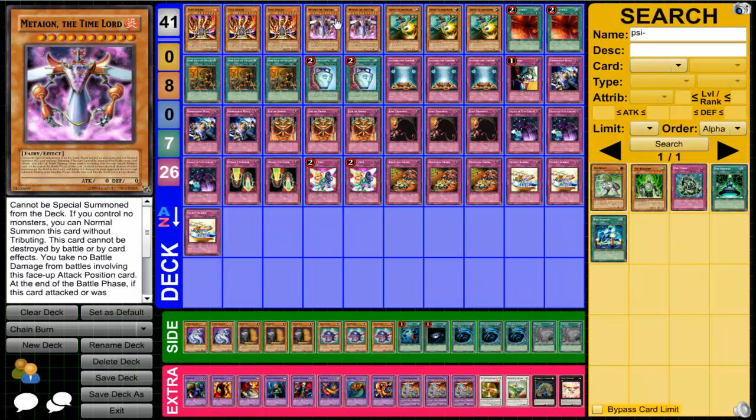I have 2 copies of Metaion the Time Lord. If you don't control any monsters, you can normal summon it without tributes, and the idea is that you do that when the opponent does have monsters. You attack into that monster. But due to Metaion's effects, you don't take battle damage, Metaion isn't destroyed, but at the end of the battle phase that it attacked, or was attacked, all other monsters